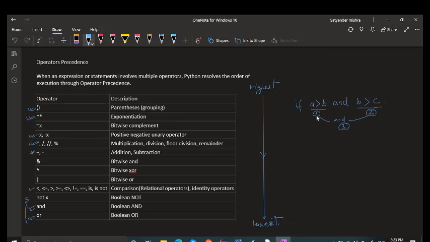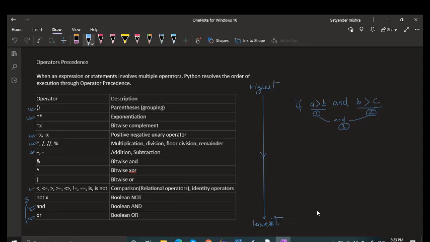So this is how it works from highest to lowest. Fine. This is how operator precedence works, and as we get experience, we will know more about it.